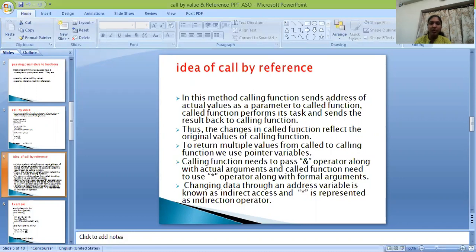To return multiple values from the called to the calling function, we use pointer variables. The calling function needs to pass addresses, that means the ampersand operator along with all actual arguments, and the called function needs to use the star operator along with formal arguments. Changing data through an address variable is known as indirect access, and star is represented as indirect access.